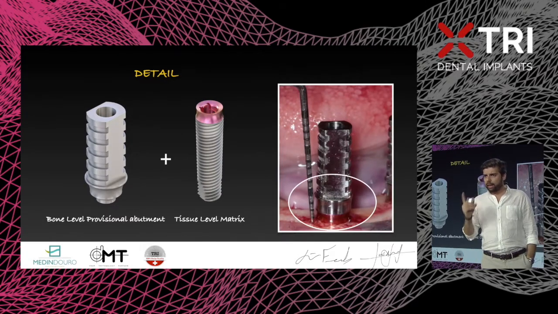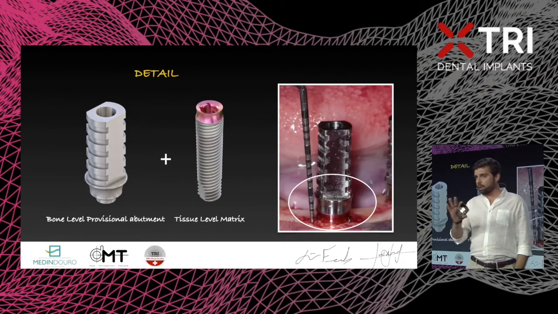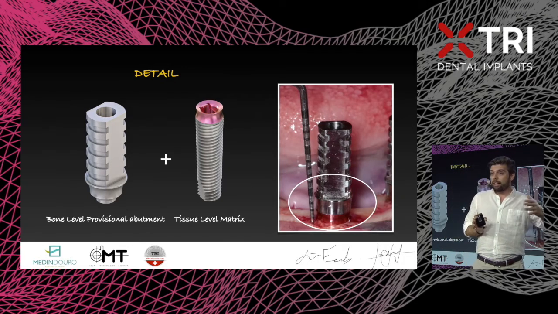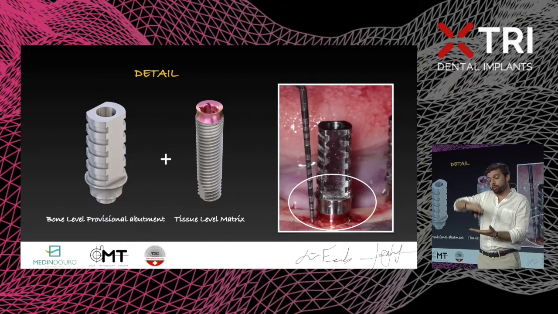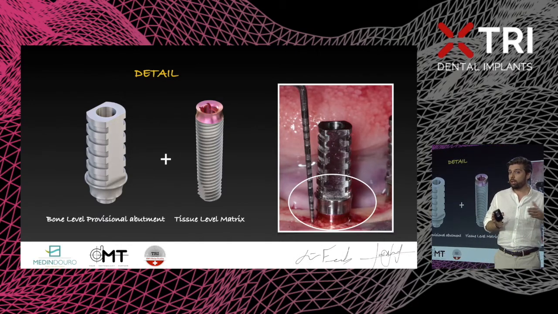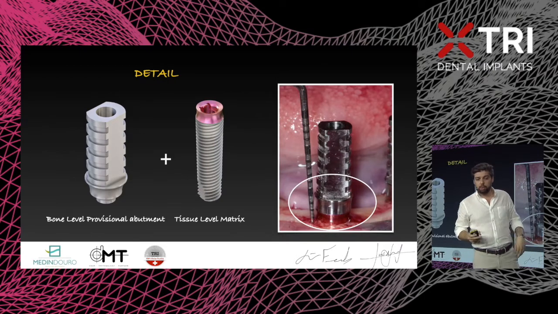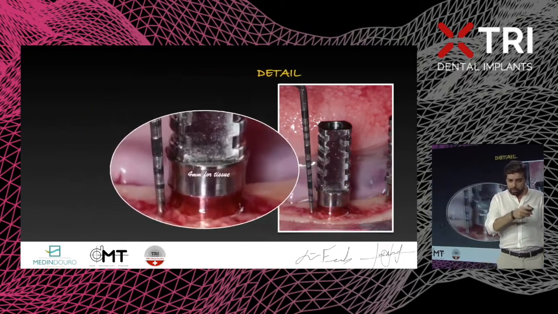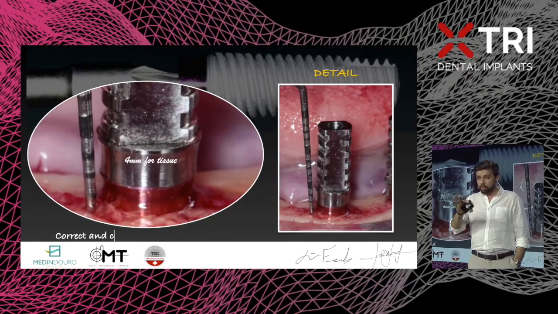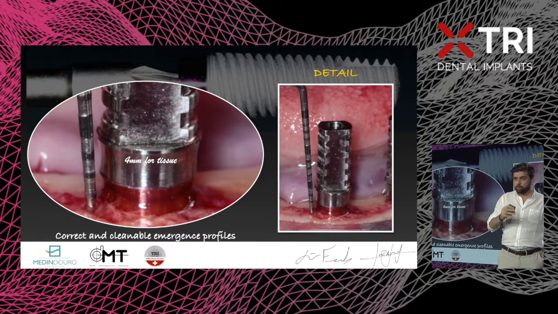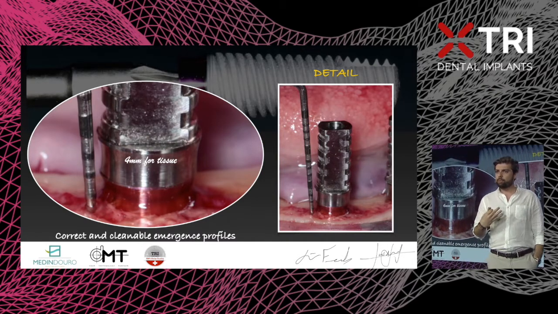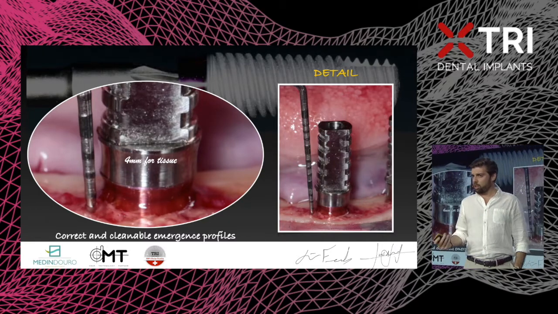One thing I'd like to highlight here is that we all agree that we need more or less 4 millimeters of tissue height in order to have stable tissue. We need 4 millimeters of vertical tissue in order to be stable on your horizontal tissue and therefore stable bone. This is quite clear for everybody. Now, the interesting detail is that if you add up these numbers here, you'll get roughly 3.7, almost 4. Okay? So this is, for me, a very important detail that makes your work much easier.